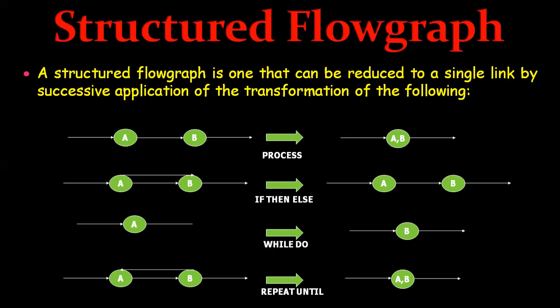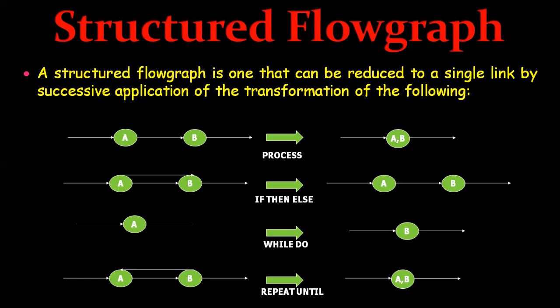So here the techniques we are going to use are these four. So here the node by node reduction procedure can also be used as a test for the structured code. So here the flow graph that does not contain one or more of the graphs shown in these images as subgraphs is structured. So they cannot have jump into loops. They cannot have jump out of loops. They cannot have branch into decisions. They cannot have branch out of decisions.